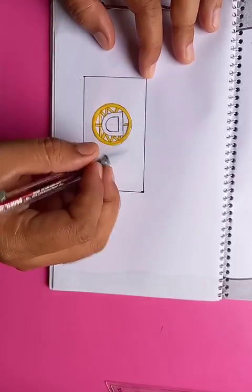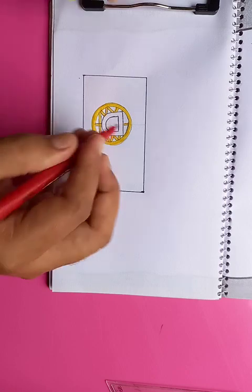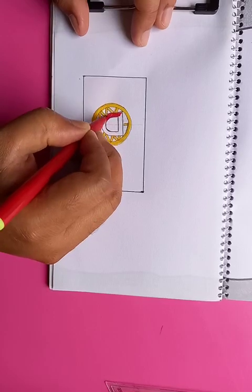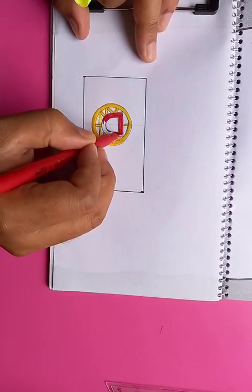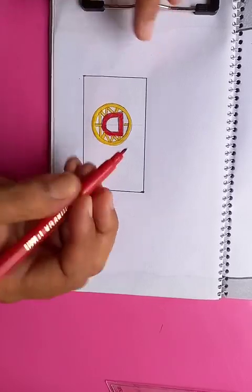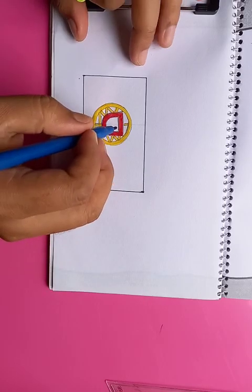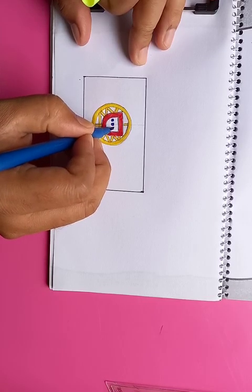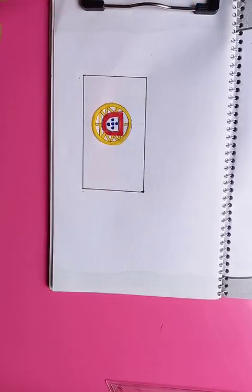So the colors and the symbols are very important for the flags usually, and inside it this is a red color you can see. All right. And a few shapes you can see like these icons, one, two, three, another one on the top and another one in the bottom. All right,